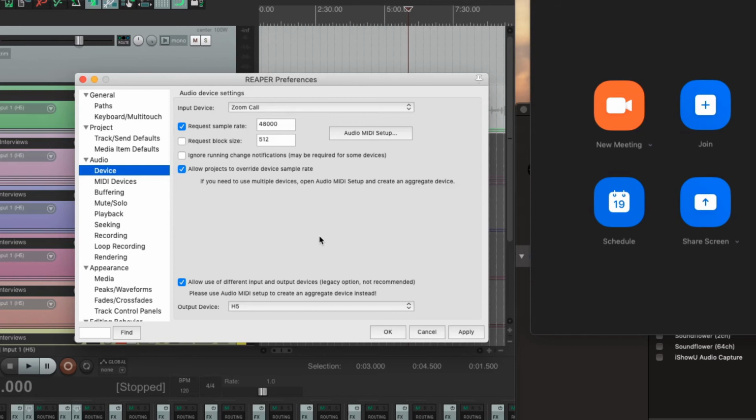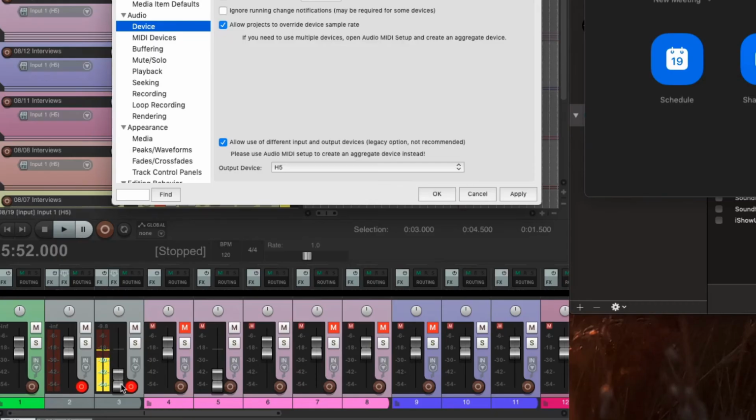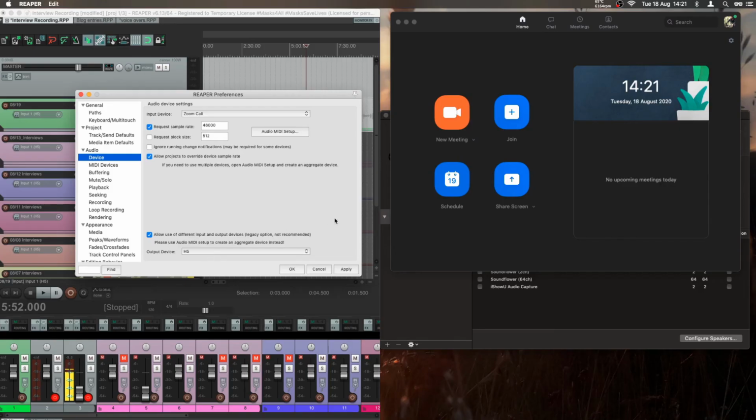Then in order to hear what's going on, for some reason, I know it said to create an aggregate device, but I was having some issues. I've not had any problems, but I have had to send these two to the H5. And then what I do is I pull down the volume on my mic track in Reaper. Some other audio people might be like, probably not a good idea. I welcome suggestions and recommendations as to how, but so far I've not had any of the problems. And then I'm listening to the audio out through my H5. So once that's set up,